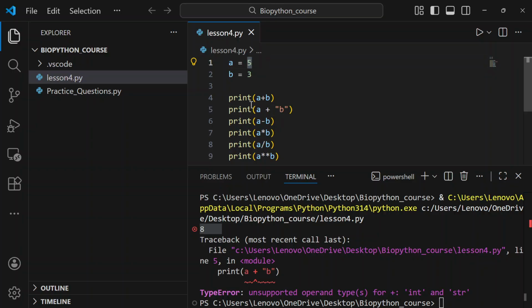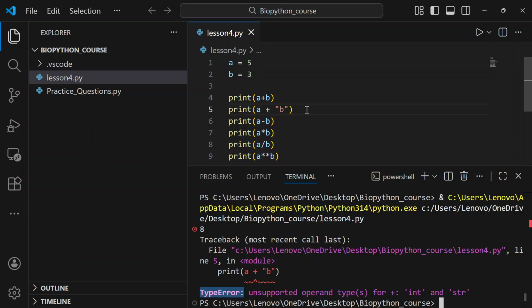We are trying to add by using the plus sign. We have written b inside quotation marks, and we already know that anything we write inside quotation marks is a text. So here we are trying to add a number and a text. So in the fifth line, Python gives us an error. What is the error? Type error, that we are trying to add a number and a text, which is not